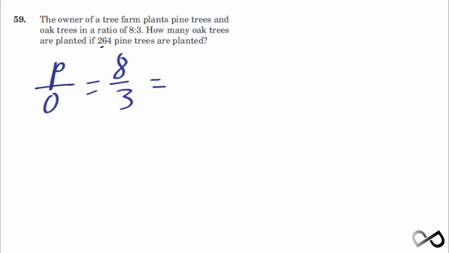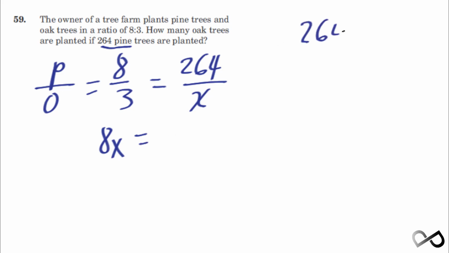They give you 264 pines. So again, 264 is on the numerator. And oak is what you're trying to figure out. Call that x. So you have this proportion, you're going to cross multiply, and you're going to get 8x equals. Now unfortunately, you are not allowed to use your calculator, so you're going to have to do everything by hand. So let's multiply this out. That's going to give you 12, carry the 1, 18, 19, carry the 1, 6, 7. Okay, so 8x equals